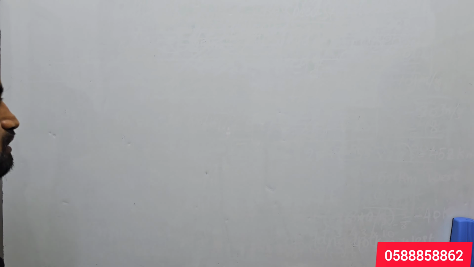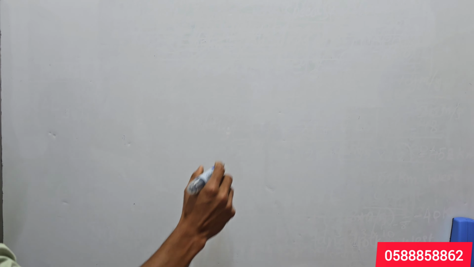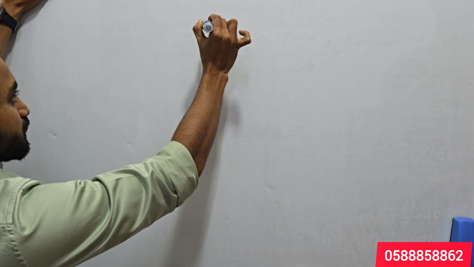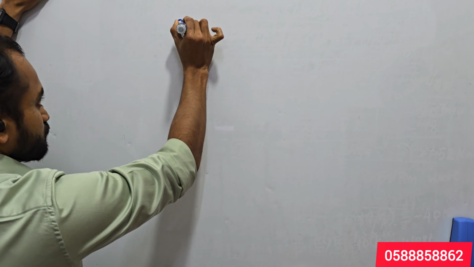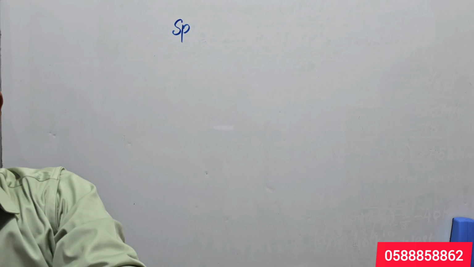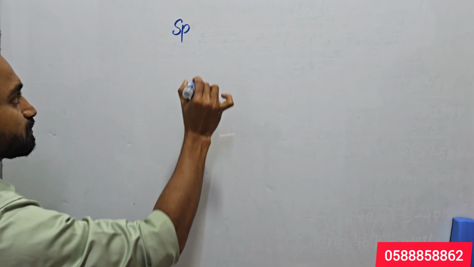So we are discussing how to calculate the wavelength of a wave if the spacing between the resonance is given, right? If the spacing between two resonance is given, how to calculate the wavelength of a wave and how to calculate the resonant frequency. That is what we are discussing. So students, if the spacing between two resonance is given,